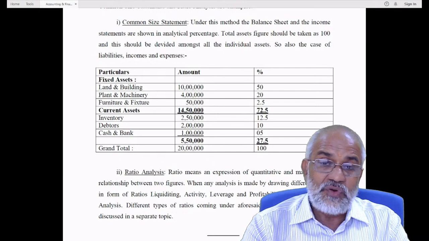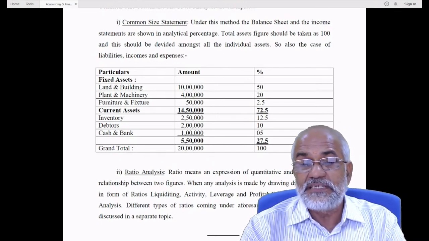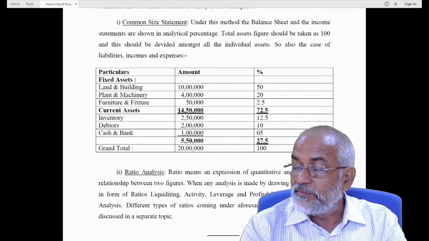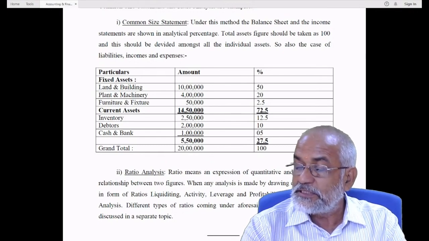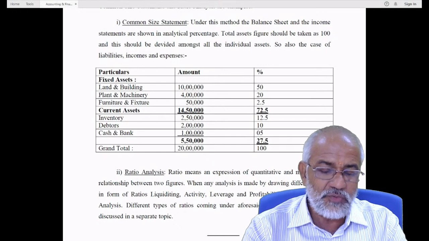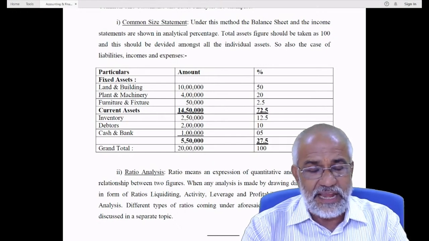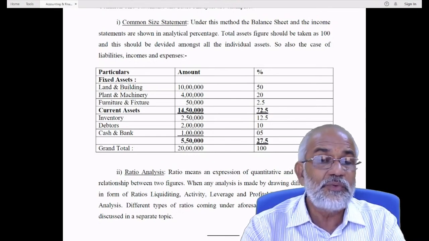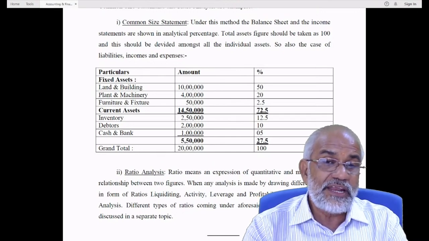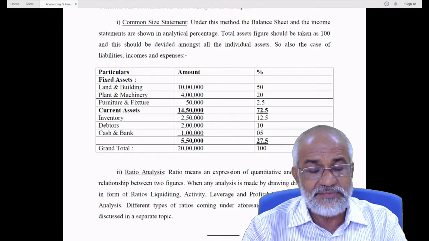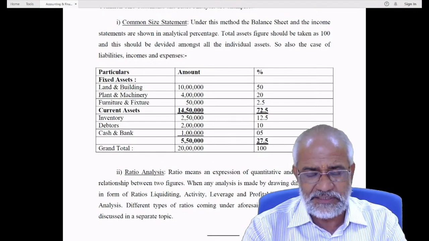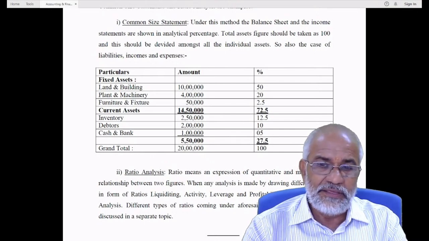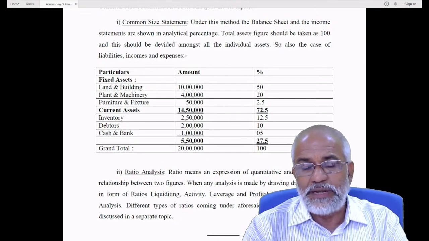The second category is activity ratios. Activity ratios speak about the different turnovers of the organization. Under this category, we can discuss the different ratios, such as the inventory turnover ratio. Inventories are mainly of three types: finished stock, work in process, and stock of raw